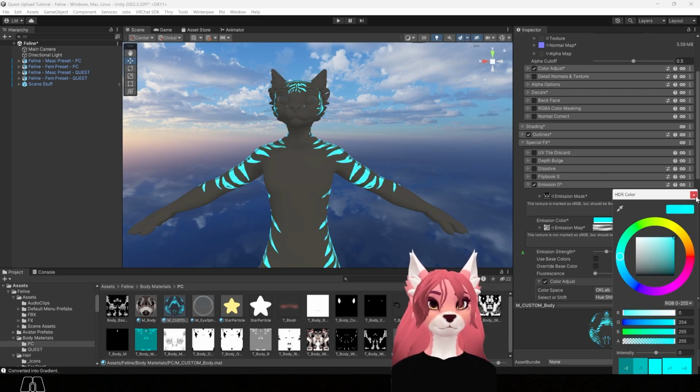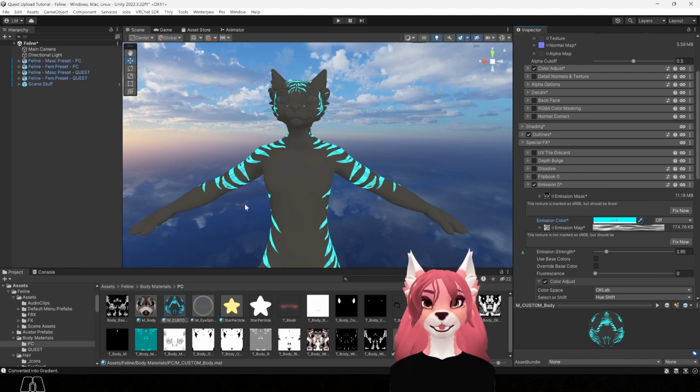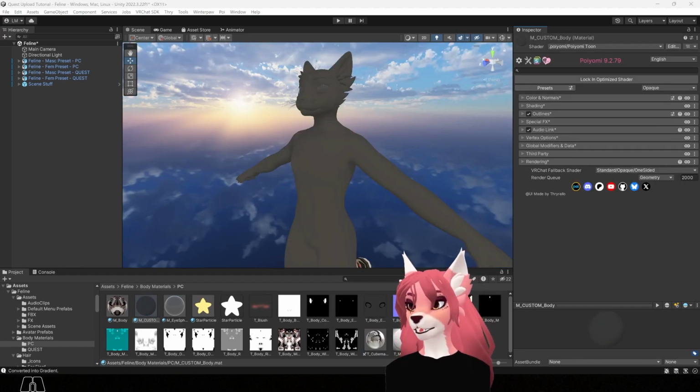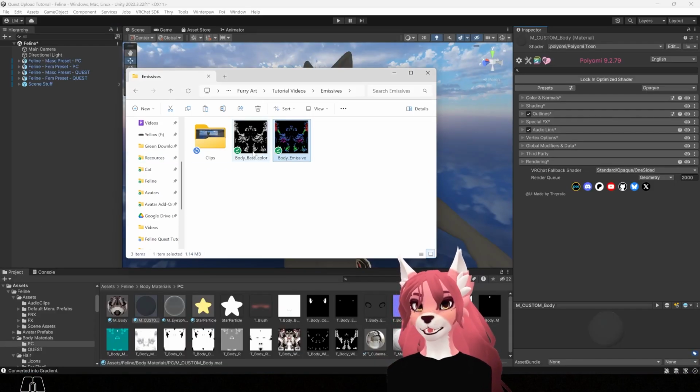And that's it for adjusting the emission with a mask for your feline avatar. You can now upload the avatar once you're ready. Let's do the emissive map next. We're going to drag this in,